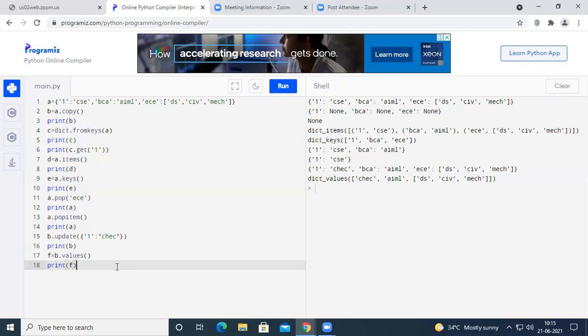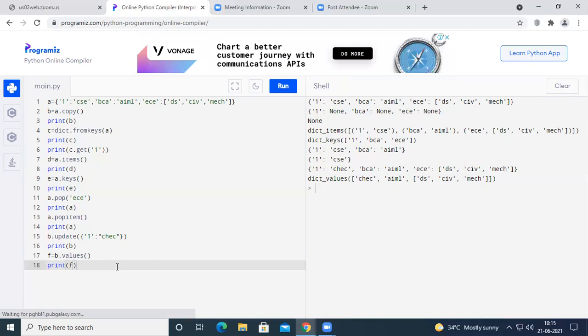And then we have the function called fromkeys. This fromkeys function is going to take the keys from the given function, and for the values it is going to add None. Okay, only keys will be considered from the function. In place of values, it is going to have None. And at the same time, we have discussed the items function. If you want to get the items, meaning all the keys and all the values of a dictionary, you can go for the items function. And in case you want the keys of a dictionary, you can go for the keys function.